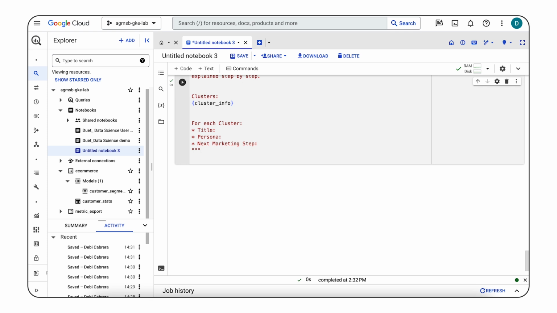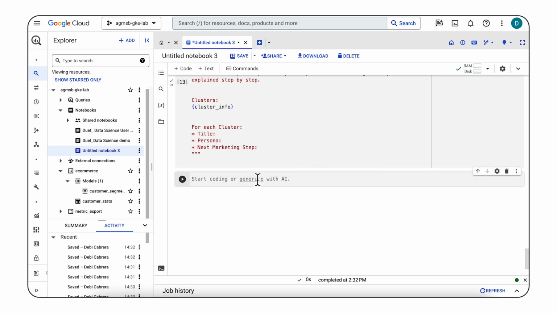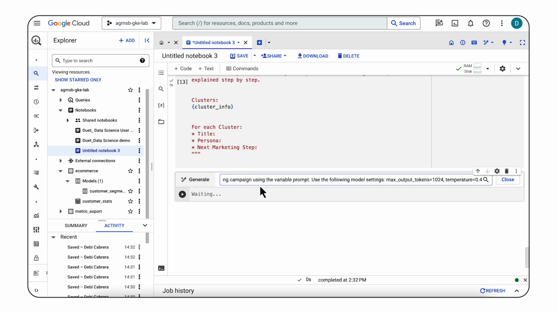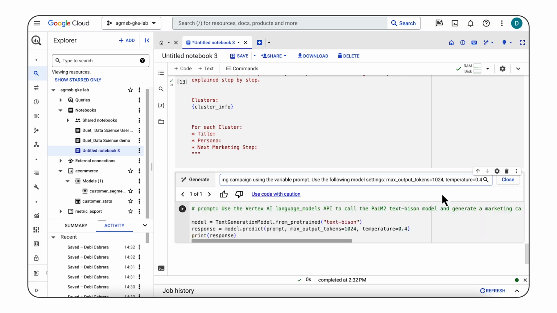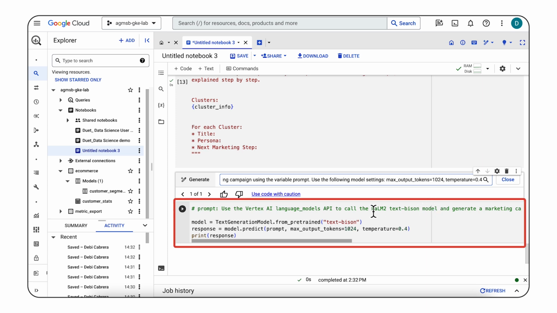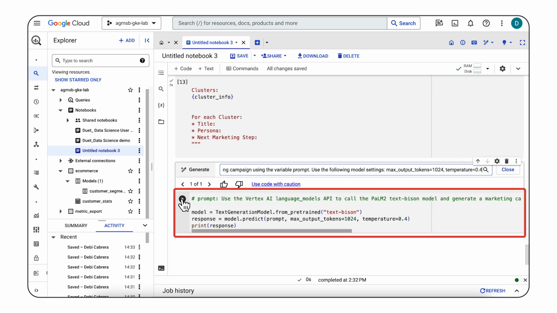So far we've created a k-means model, assigned each customer a cluster from the model, generated summary statistics for each cluster, and defined a prompt. With my prompt defined, I can now call the text Bison model to generate customer insights and next steps for the marketing campaign. Using Generate with AI, I'll enter a prompt to call the text Bison model and have it generate a marketing campaign using the variable prompt that I just defined. It gives me an output, which looks good. So I'll run it,